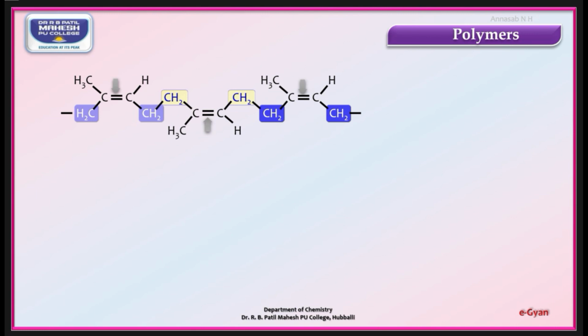So you can observe here the CH2 groups are on the same side for the first molecule. For the second molecule, CH2 groups are on the same side. For the third molecule, again the CH2 groups are on the same side. So what can we conclude from this structure? We can say that it is the cis isomer of polyisoprene. So it is cis polyisoprene. Why is it cis? Because the same groups, CH2 groups, are on the same side of the double bond. Hence it comes under the cis isomer. Hope you are following.